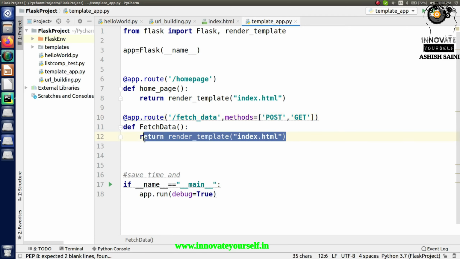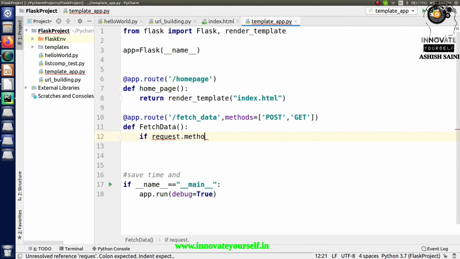So as per that, I have to put a condition as per the methods. Whatever the method will be, I'm going to put a condition as per that. For that, just simply type if request dot method equal to, and that will be, let's say, post. You must be thinking, what is this request?